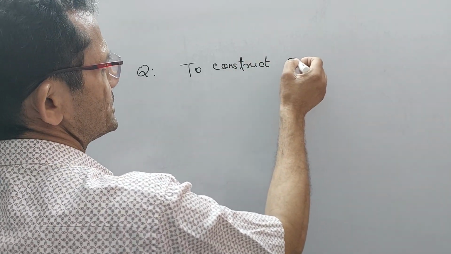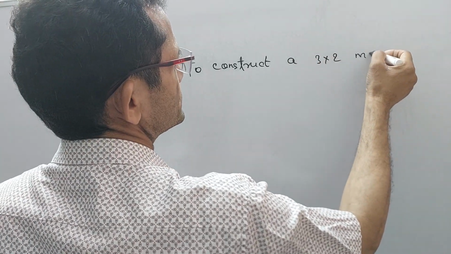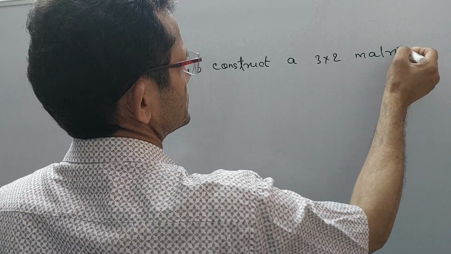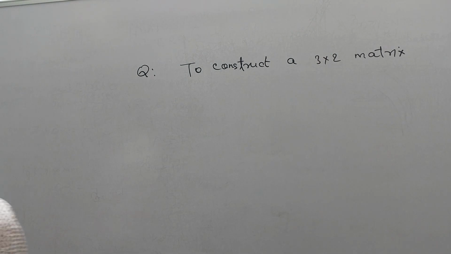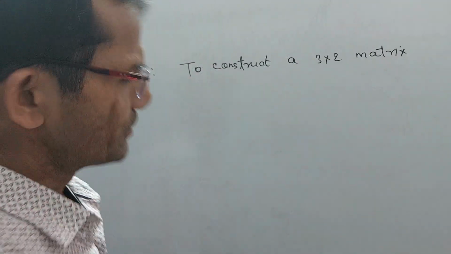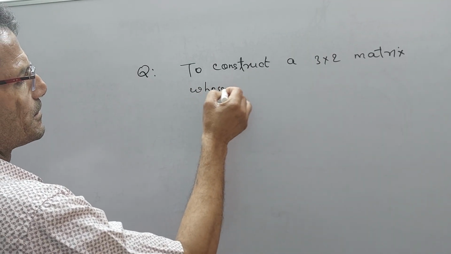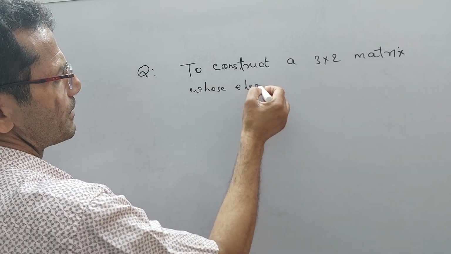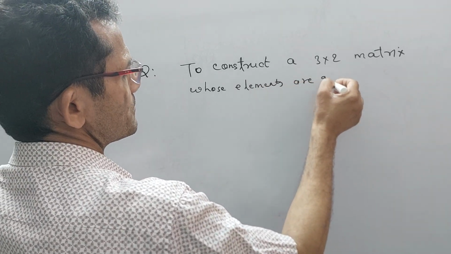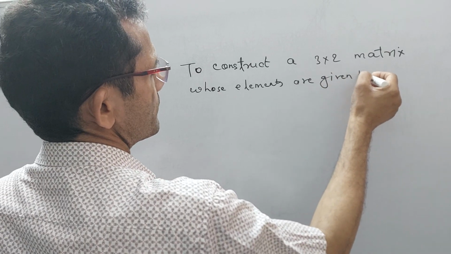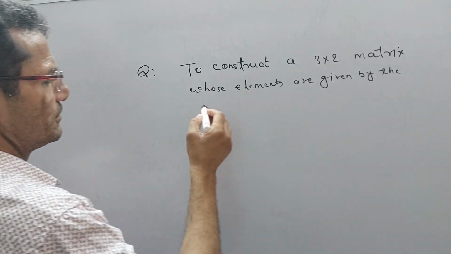To construct a 3 cross 2 matrix whose elements are given by the relation